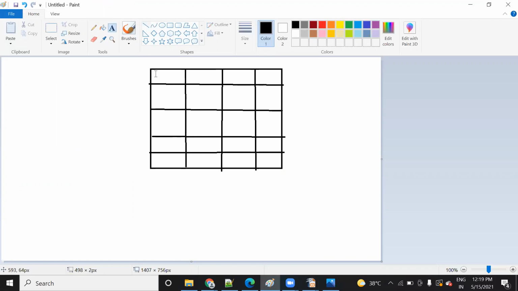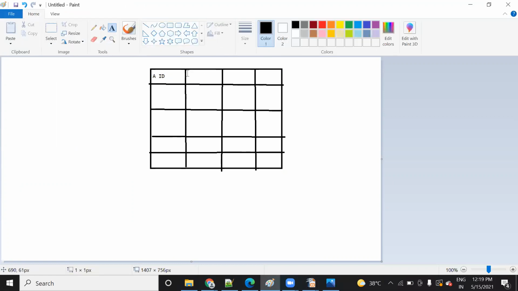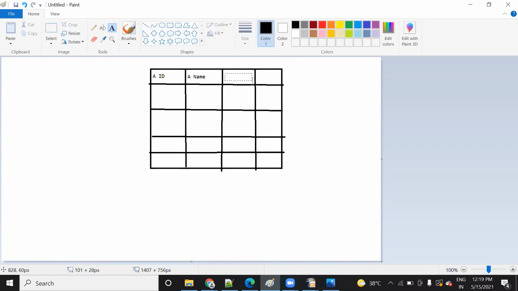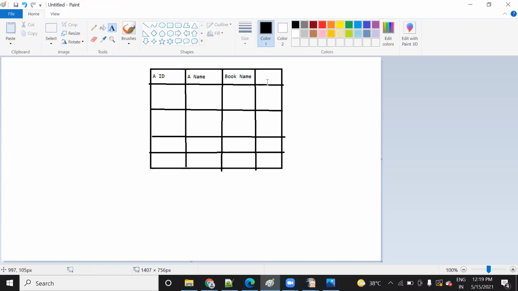Suppose the first is your author ID, next is your author name, that is A name, third is book name, and fourth is your age.